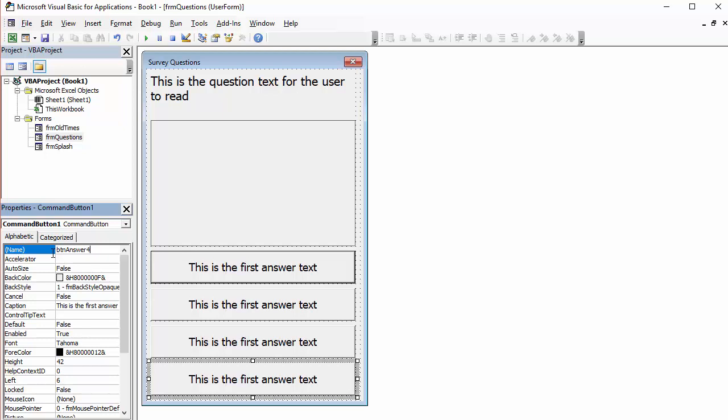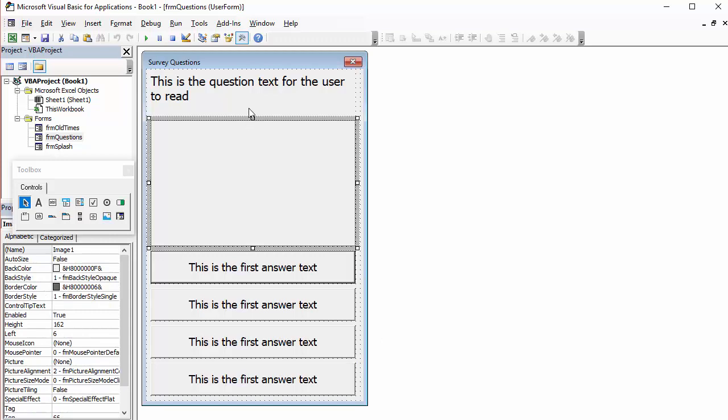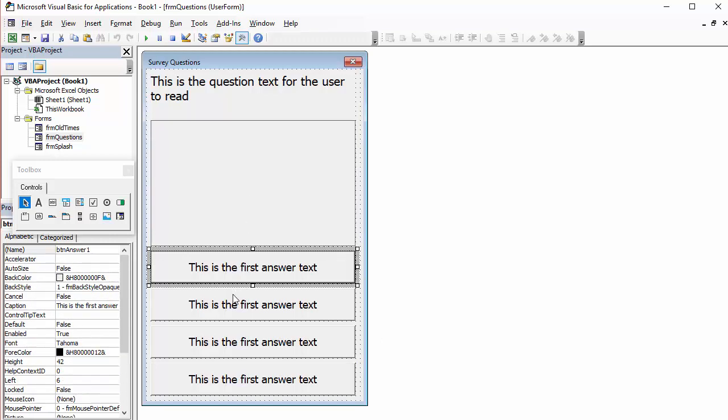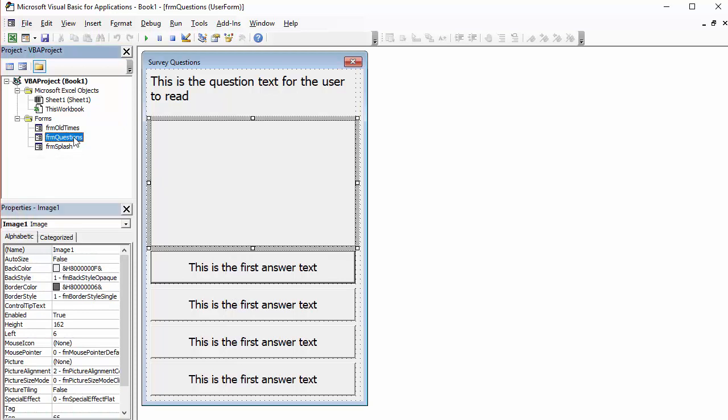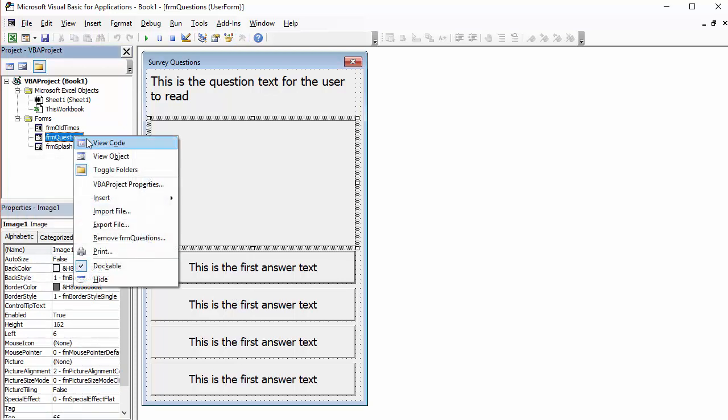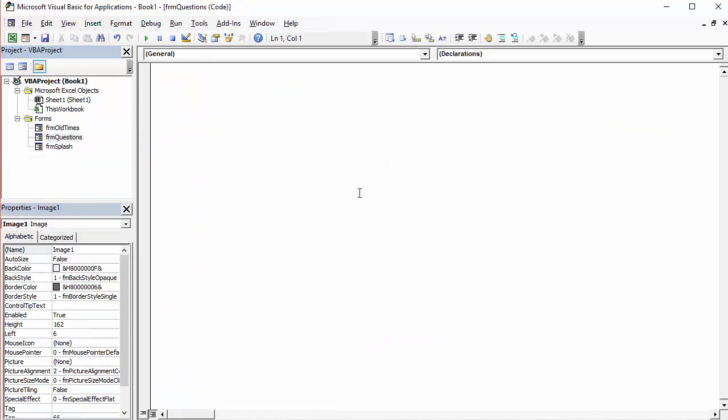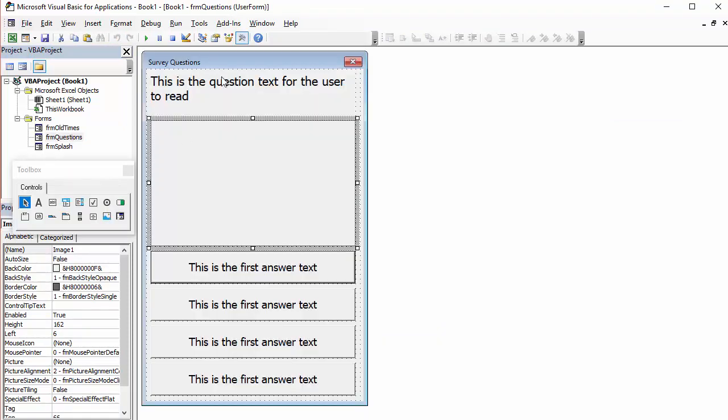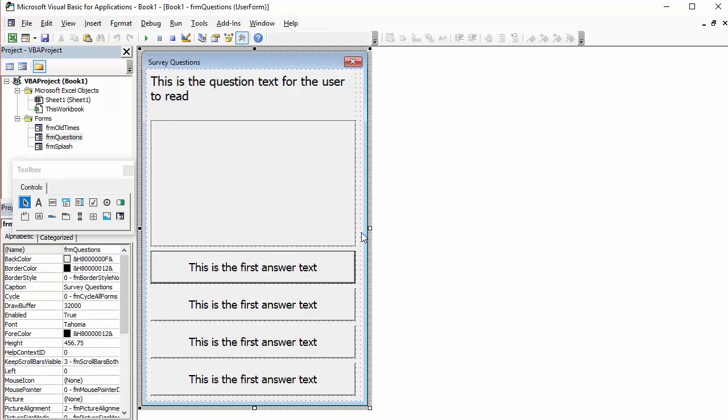So it's not taking a lot, it's taking some time to set this up correctly. We haven't really written any code for this form at all yet, right? If I view the code for questions, there's nothing here yet. We haven't written any code. But just setting the form up is taking a little bit of time, and it'll take you probably even more time the first time you do it because you're not quite as used to it. But the nice thing is,